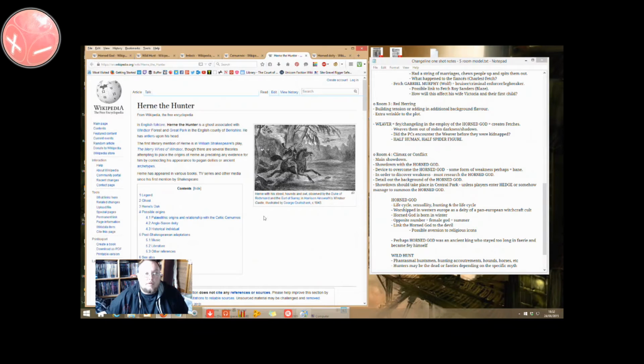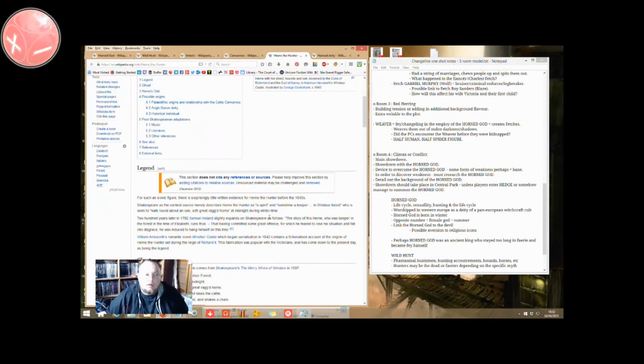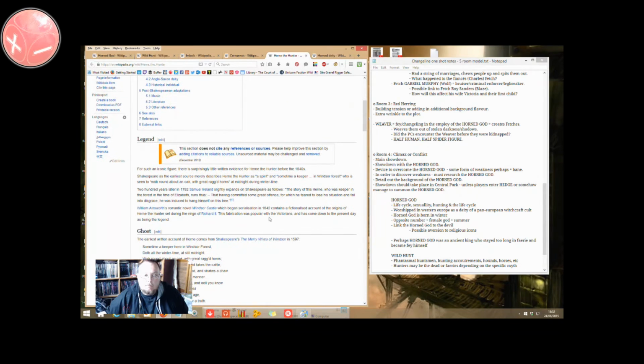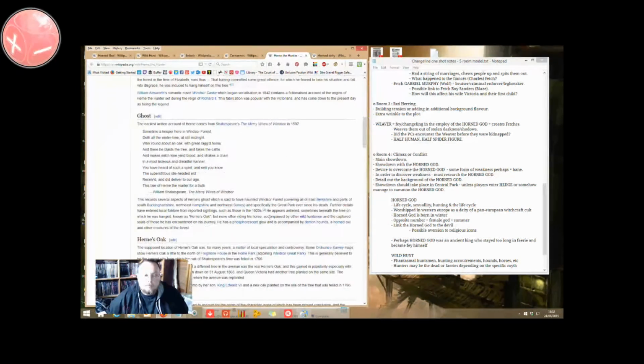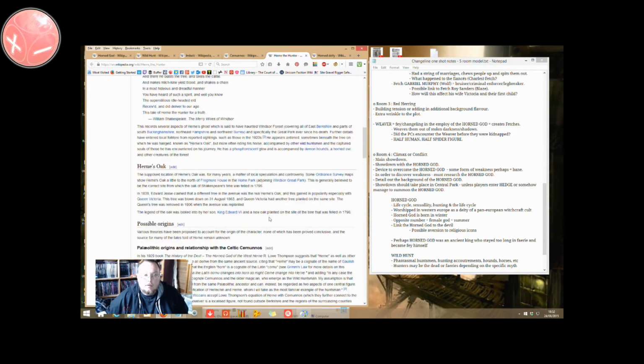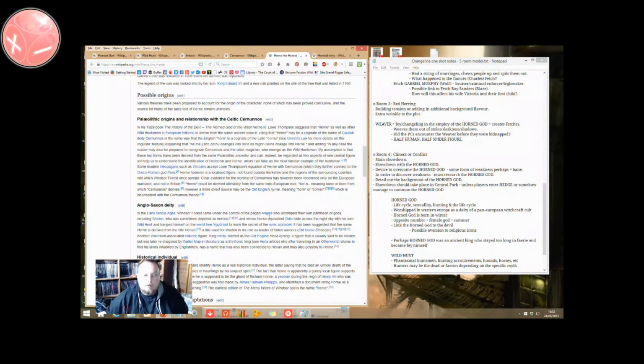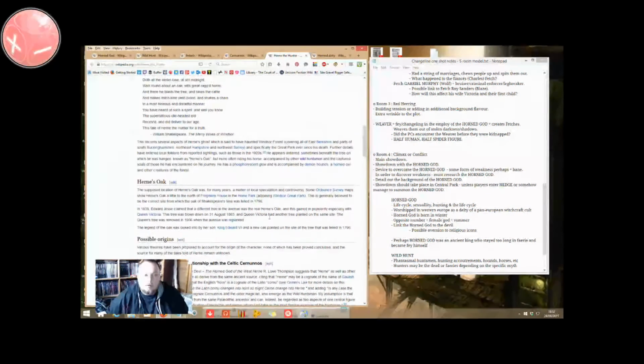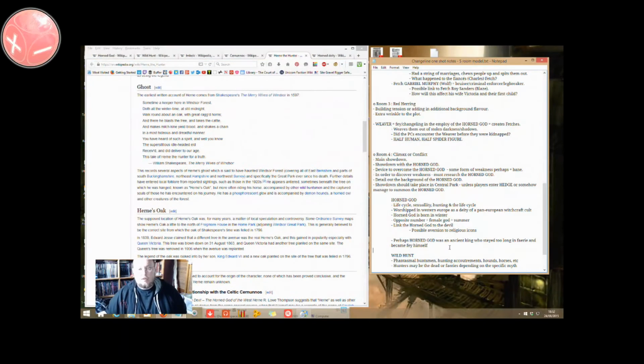We've also got Herne the Hunter. That's also an interesting legend where he's